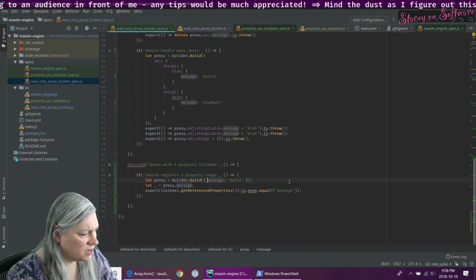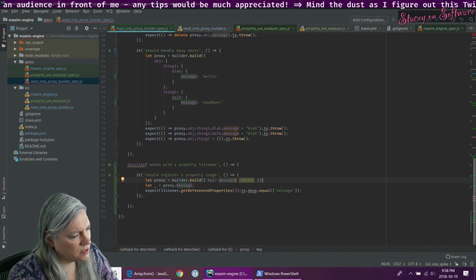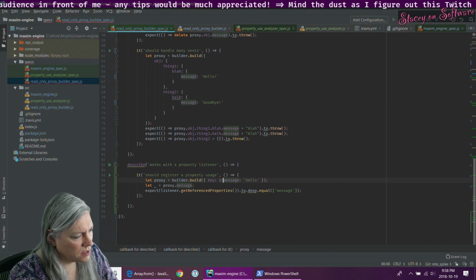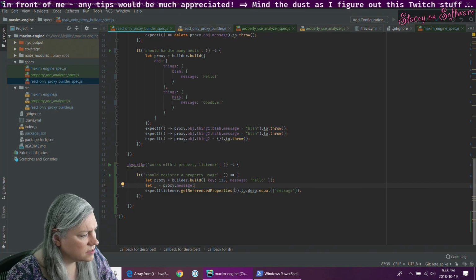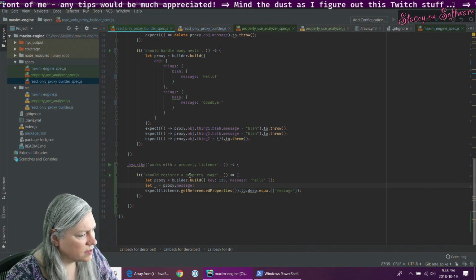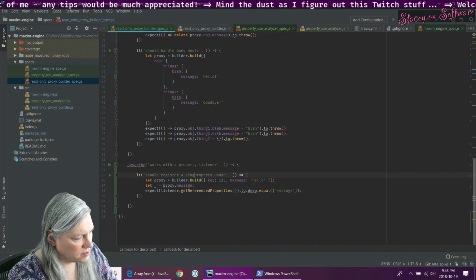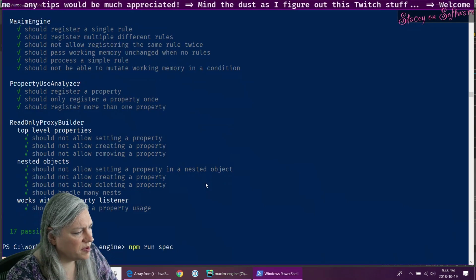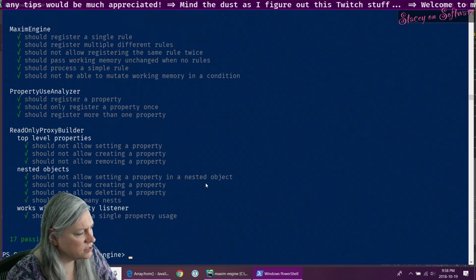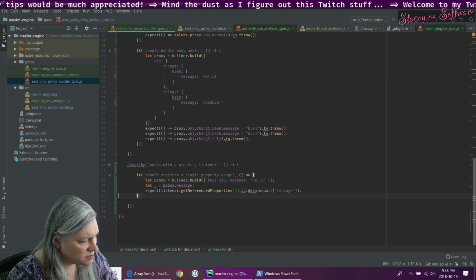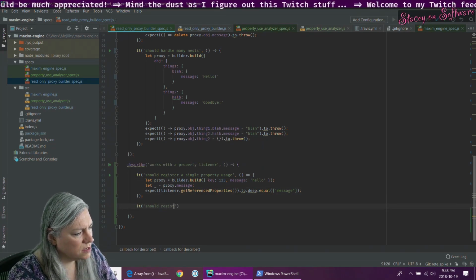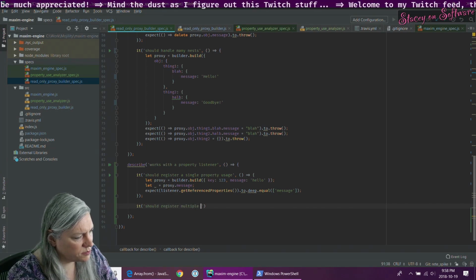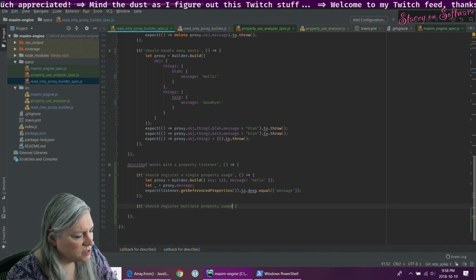Let's put a key in. And let's make sure that it only picks up on a single property usage. And then let's make sure multiple property usages.